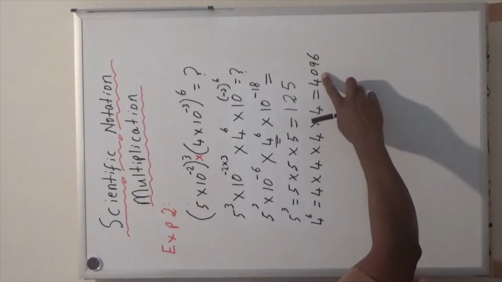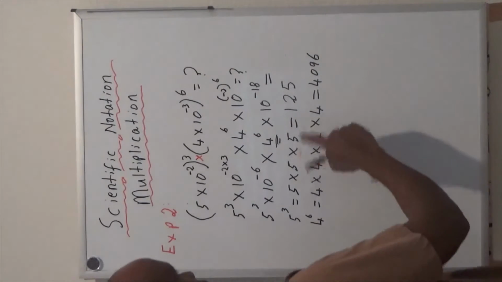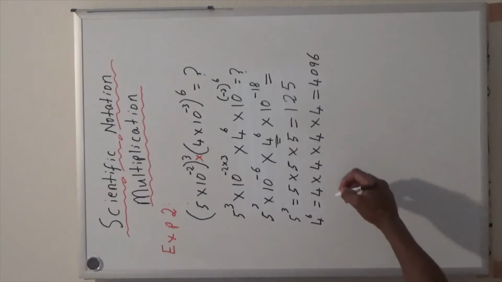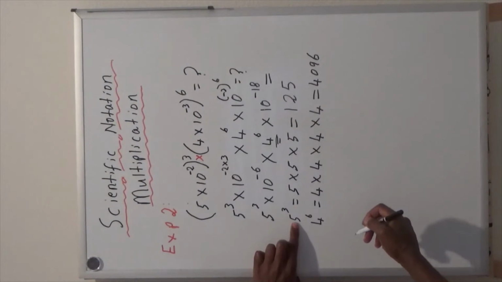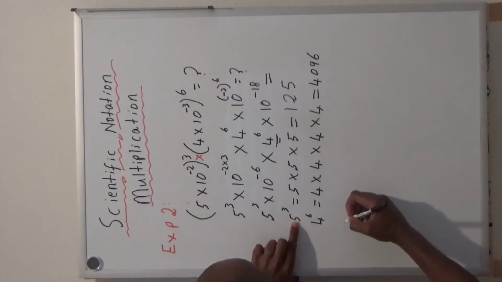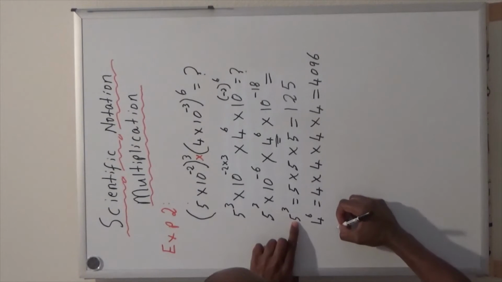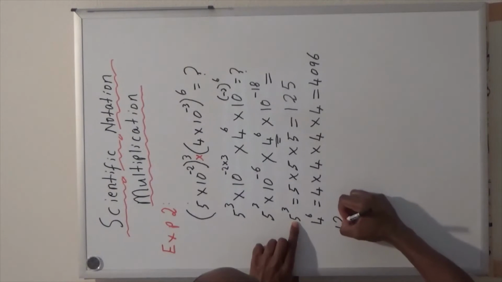Now I substitute my numbers. I start with 5 to the power of 3, which is 125,